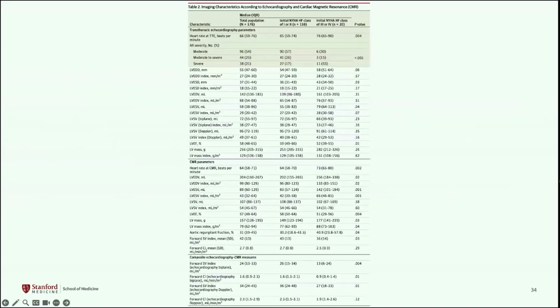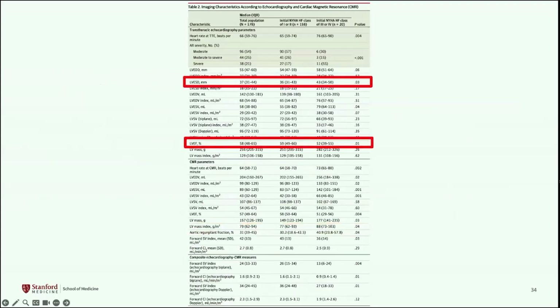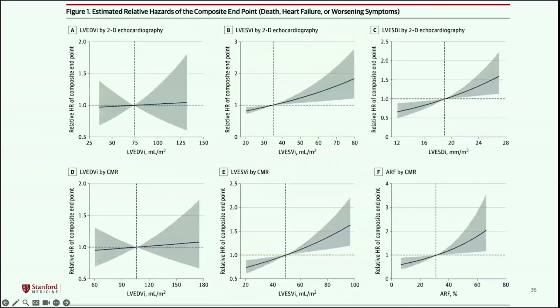So I know table 1 shows up very small. Suffice it to say that there are differences on echocardiography in the end systolic dimension and the LVEF that differentiate patients with symptoms. And then at the bottom, you can see a lot of cardiac MRI differences in being able to distinguish patients who are symptomatic versus not. And looking at their penalized cubic spline curves, you can see that there are different thresholds that they propose